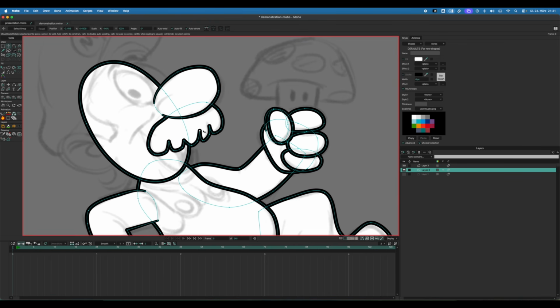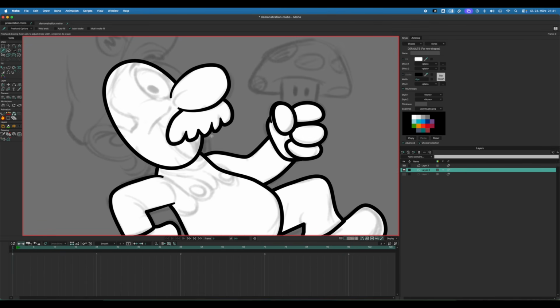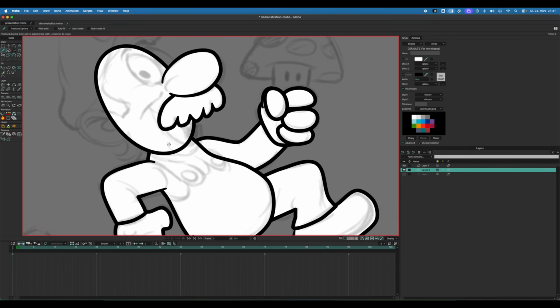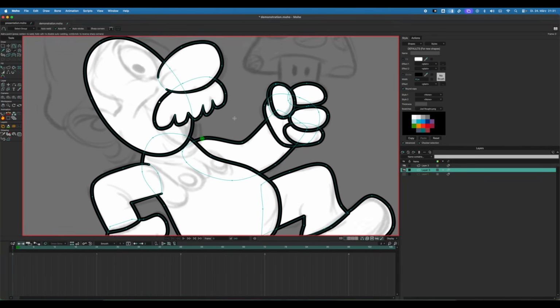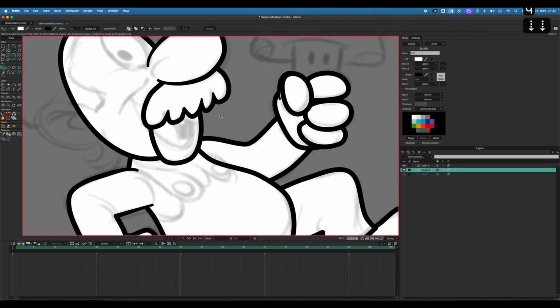If we wanted to, you can adjust the line widths already. You can also do that later, but since I kind of know what the end result will be. Now you can add, maybe since this kind of influences the silhouette of his head, I will just add something like this for now. And this is basically his lower jaw. Yeah, and I will hide the